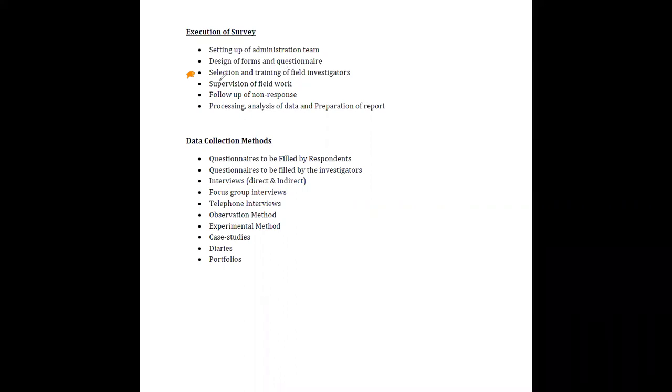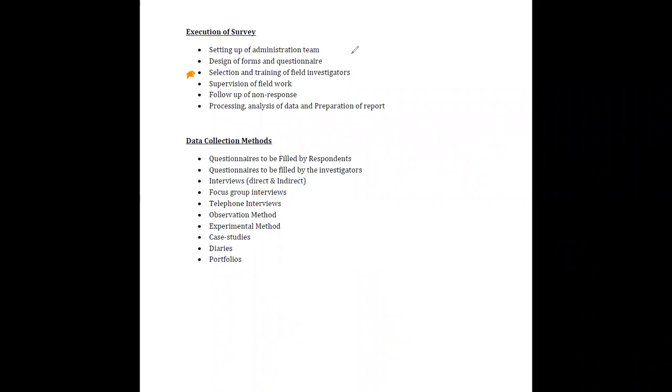The next thing you have to do is, suppose you have sent your investigators to the field, don't wait until they come back to you and say there are some errors and there are fewer respondents. What you have to do is have regular supervision of the field work. Otherwise, we do not know whether they are actually collecting the correct data, or sometimes some people, even though we have selected them as good people and given them good training,